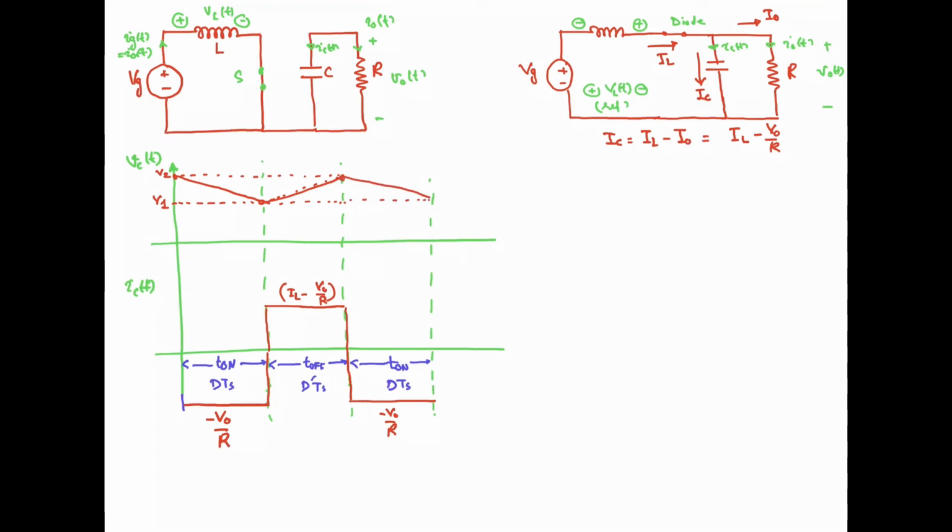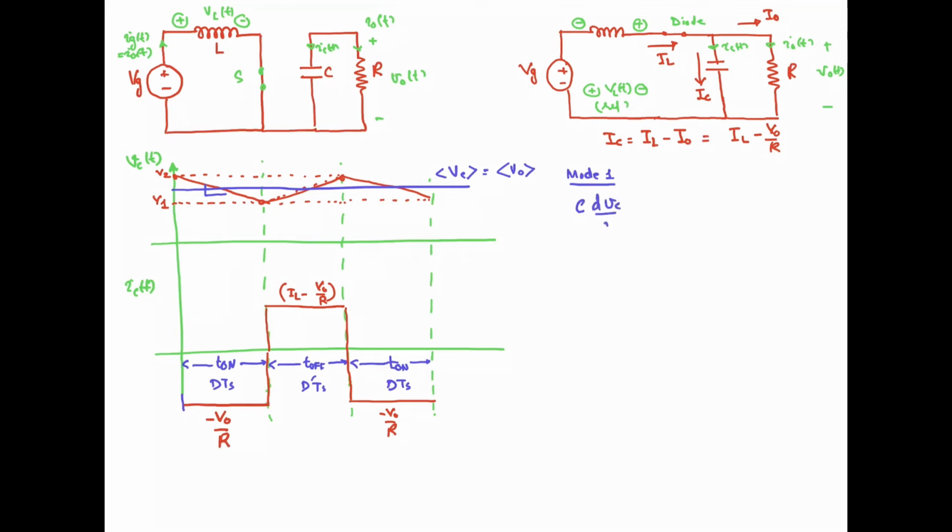Ideally speaking, it would have been a straight line if you are talking about the constant DC. So the average value of the capacitor voltage is this one, VC, and that is equal to the average voltage across the load, because the capacitor is connected across the load. Okay, so what is the slope of the voltage variation? How can you determine this slope? So first of all, let's consider the mode 1. So for mode 1, we can say that